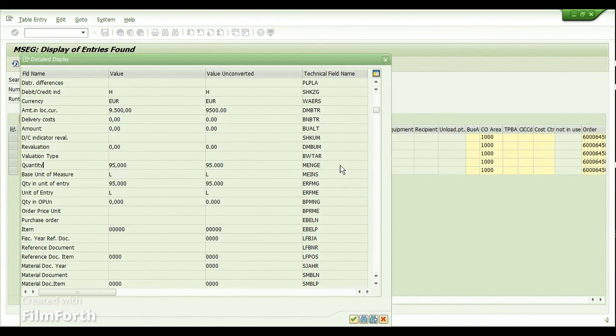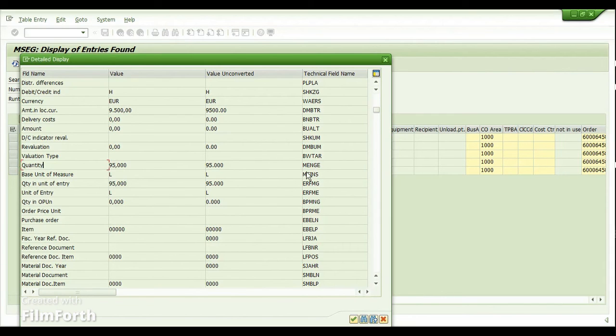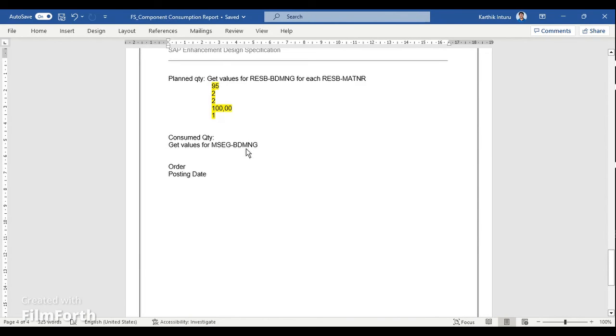Okay. So here again, instead of writing the entire code, I can use get values for MSEG BDMNG. Am I right? Sorry, it is MENGE. MSEG MENGE for each MSEG MATNR, and the output would be